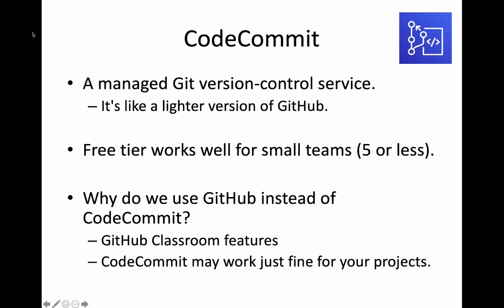And it might be suitable for small teams. Like if your organization had a small team of, let's say, less than 5 developers, then CodeCommit would also be a good option. At least the free tier would be a good option. CodeCommit can scale up to very, very large teams and large organizations. But once you start using it with larger teams, then there is a financial cost, which is actually pretty cheap